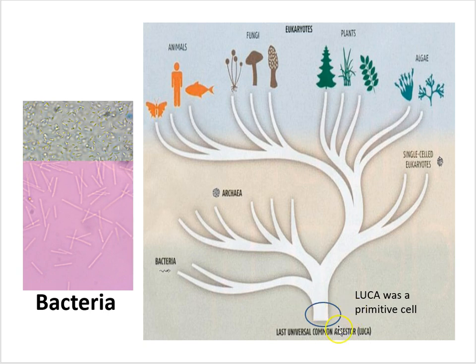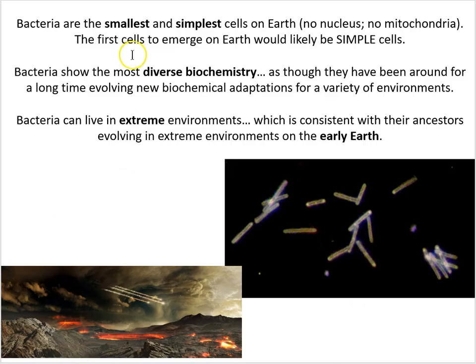Now, why do we think the first cells were like bacteria? Well, bacteria are the smallest and simplest cells on Earth. They have no nucleus, no mitochondria. And the first cells to emerge on Earth would likely be simple cells. Bacteria show the most diverse biochemistry, as though they have been around for a long time, evolving new biochemical adaptations for a variety of environments. And bacteria can live in extreme environments, which is consistent with their ancestors evolving in extreme environments on the early Earth. You'll recall the early Earth was a very different place than it is now. And so, since today bacteria can live in extreme environments,